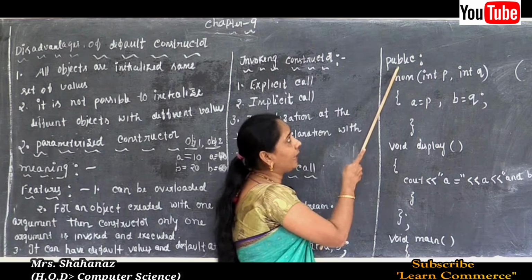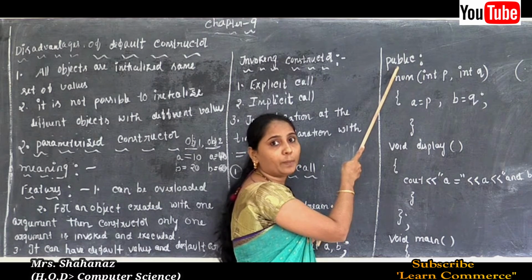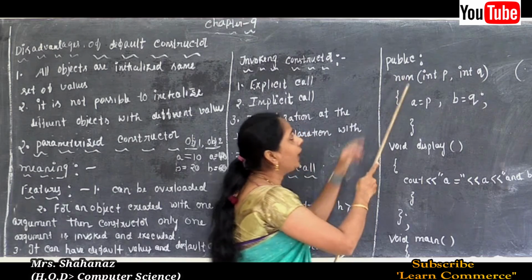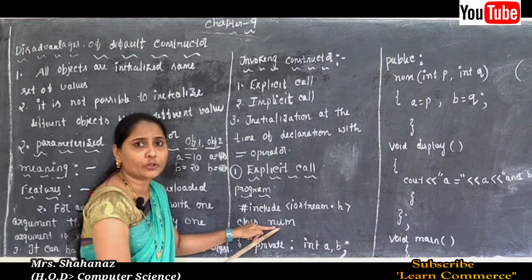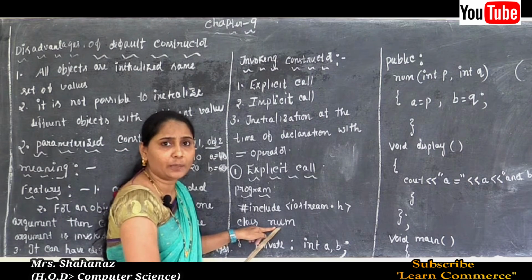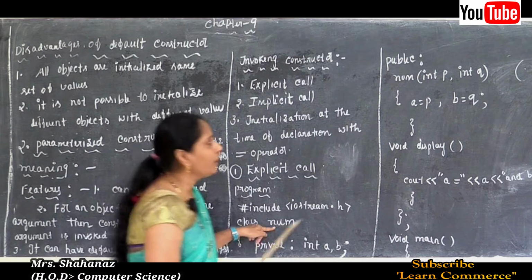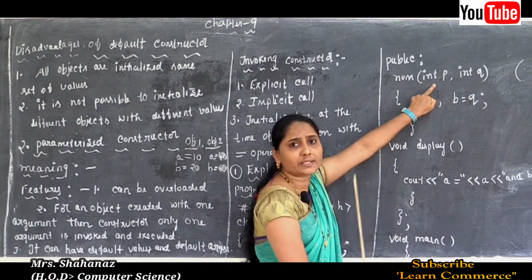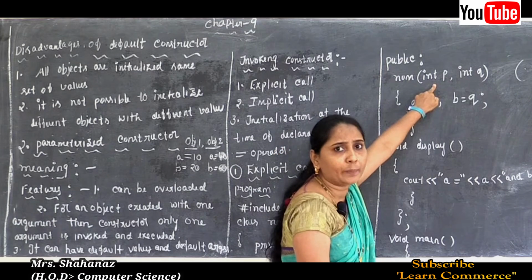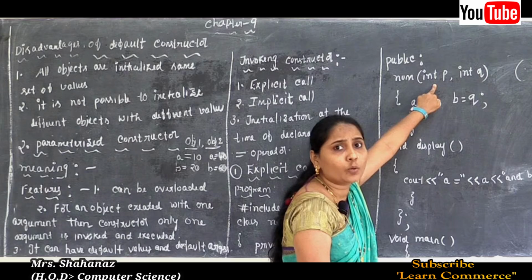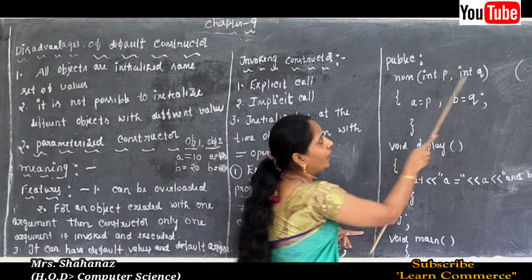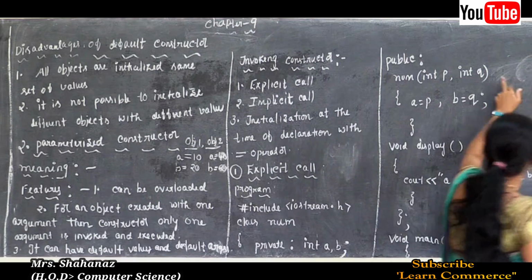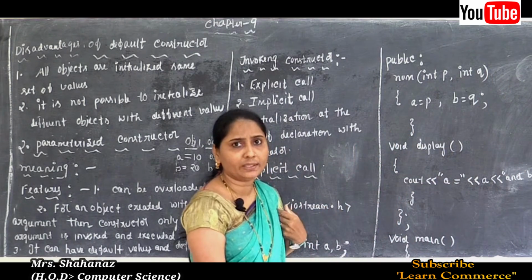Next is the second access specifier, the public access specifier, and we know that the name we use for the class is the same name used for the constructor. So the constructor name is num and the class name is also num. This is a parameterized constructor example, which takes one or more arguments. In this example, two arguments are taken by our parameterized constructor: num int p comma int q, with no semicolon because we directly define the constructor.